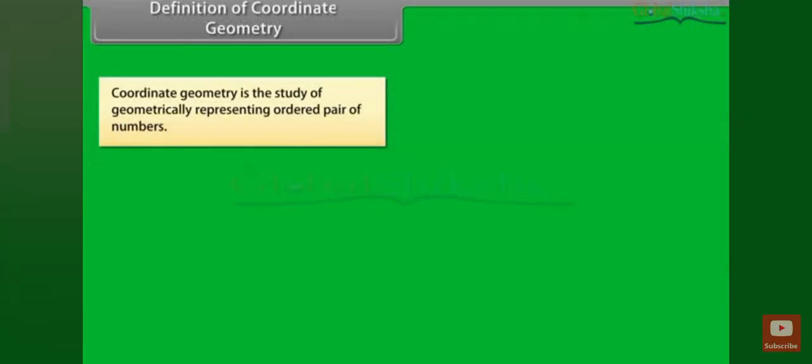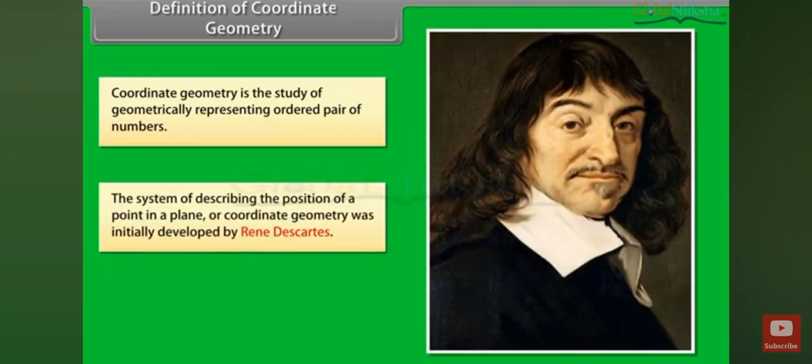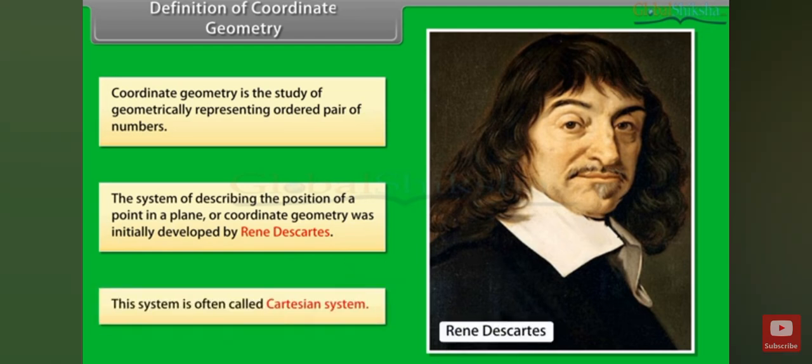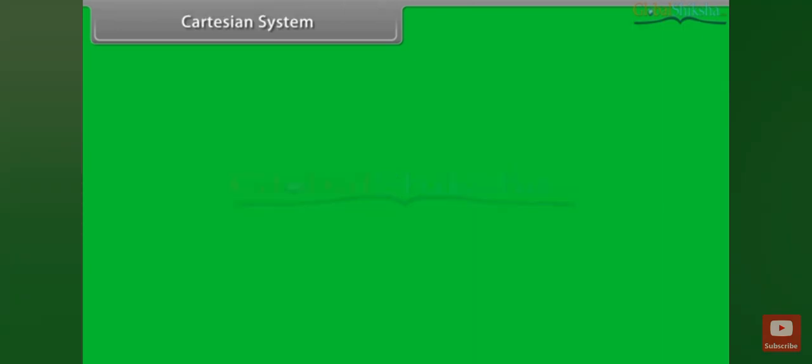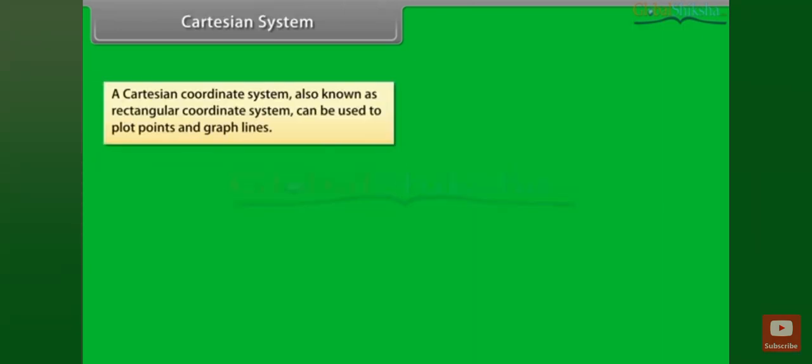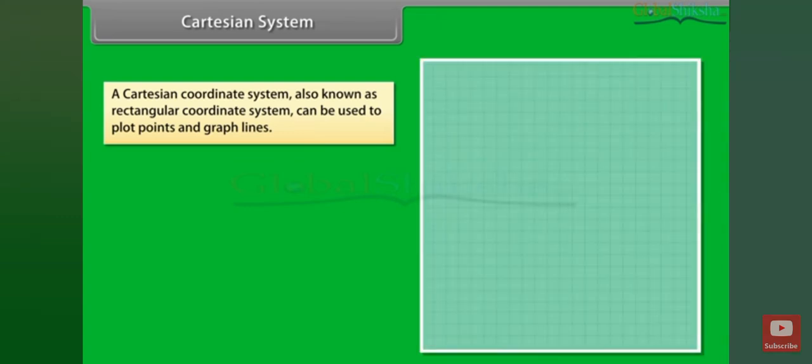The study of geometrically representing ordered pairs of numbers. The system of describing the position of a point in a plane or coordinate geometry was initially developed by René Descartes. This system is often called the Cartesian system. A Cartesian coordinate system, also known as a rectangular coordinate system, can be used to plot points and graph